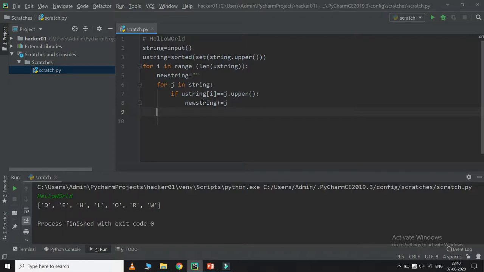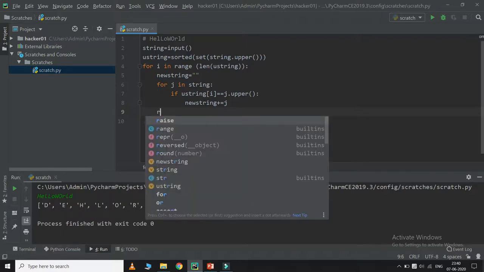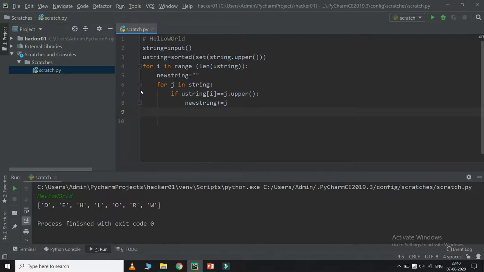And after this loop stops running, we are going to make a new result. Okay, I think result is okay. Result as a list, and append it in there.